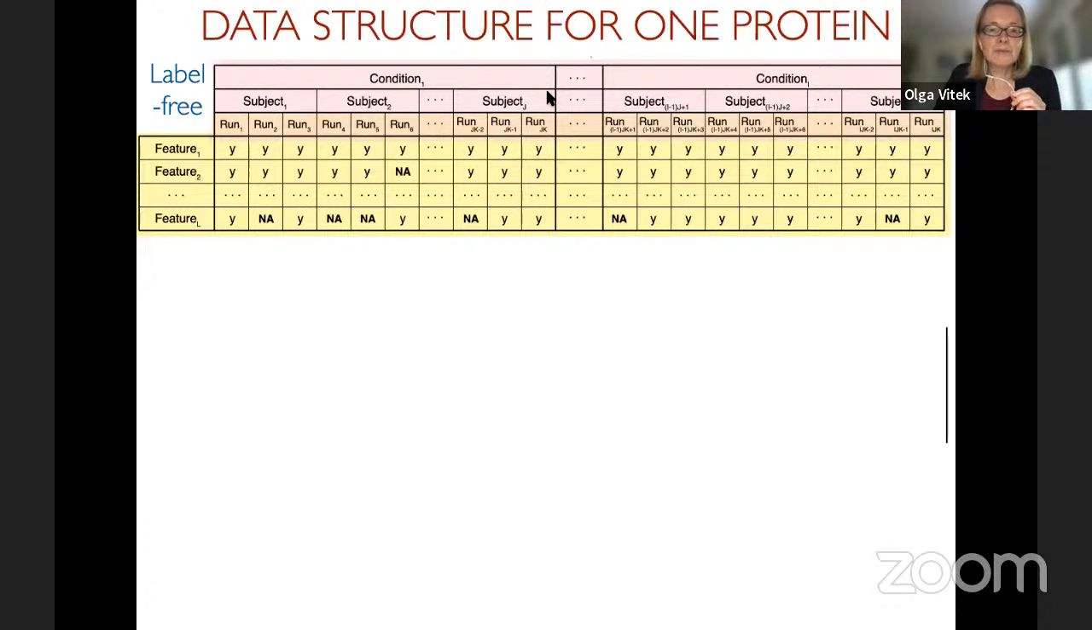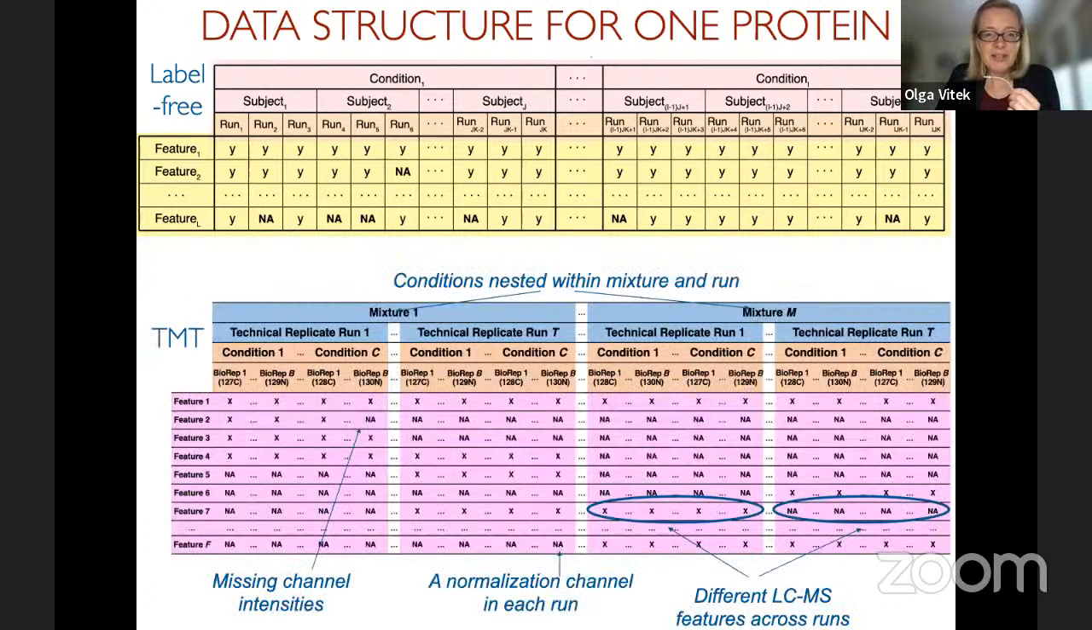Multiple subjects are grouped by condition, and then we can have multiple features with maybe some missing values. So essentially the condition is the top level for the grouping of our subjects. And then subject is the second level and run is the next level. Now, if we work with label-based experiments, things become more complicated because the top level of the grouping now is